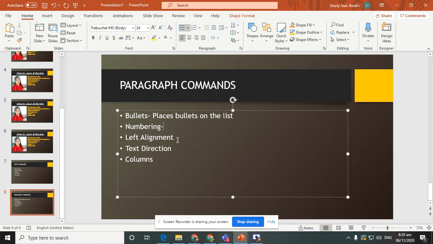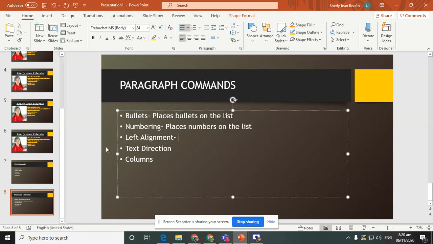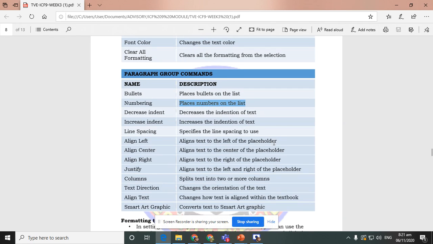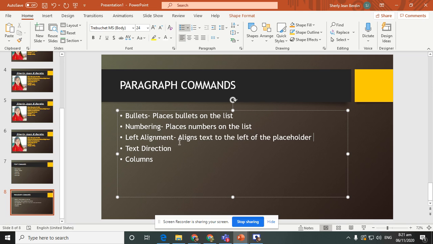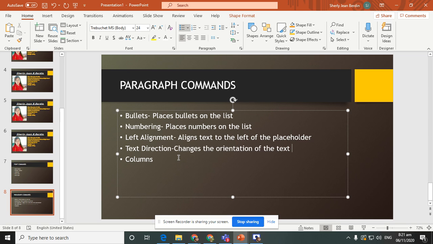I'm using the Alt tab right now so that I can paste the definition as fast as I can. Go to left alignment or align left. And then go to text direction, copy and paste, Control C and Control V.